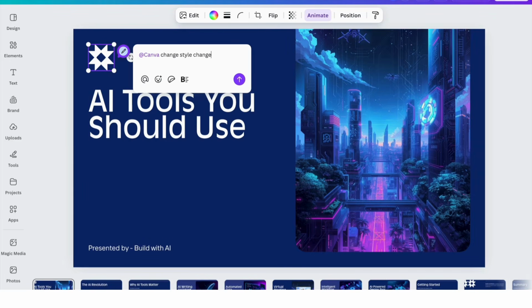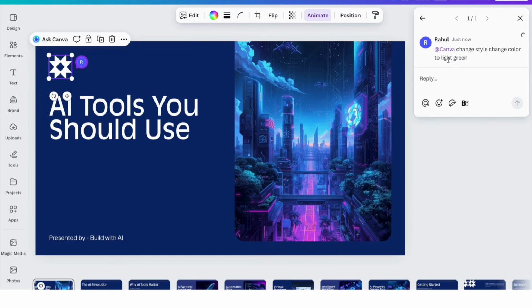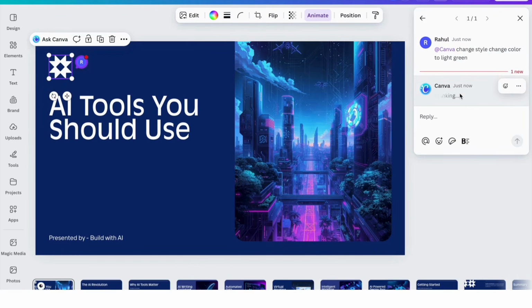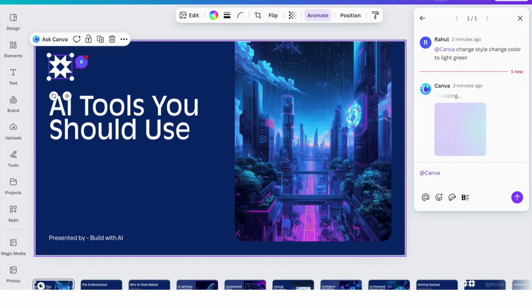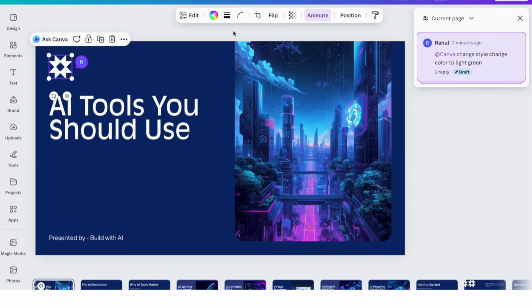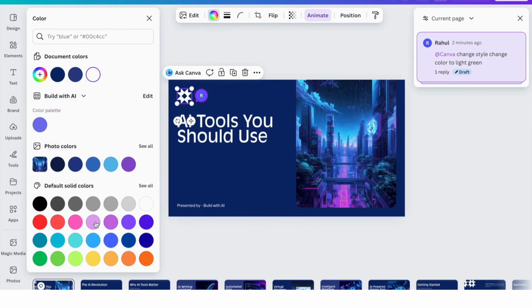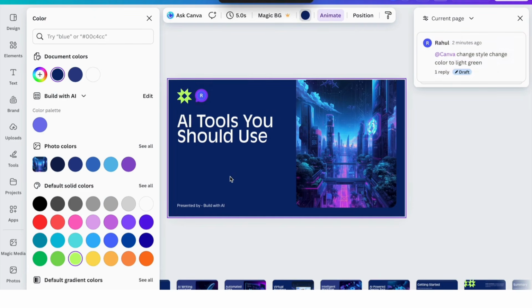Once you go to Canva, you will see there are various options to customize it. You can regenerate some of the images which are on this. You can see I'm just trying to change the style to light green for the top icon over there. You can see, as per my prompt, it will regenerate those. And if you want to adopt it, you can adopt it, or you can keep using the default ones. You could manually also do the color changes. If you don't want to give the prompt, you can just